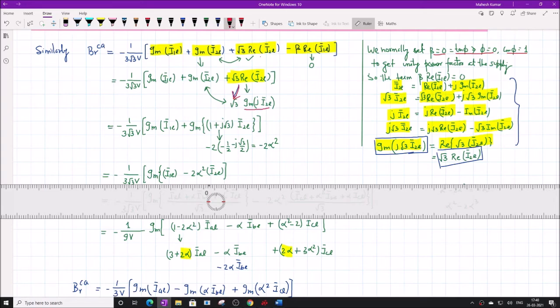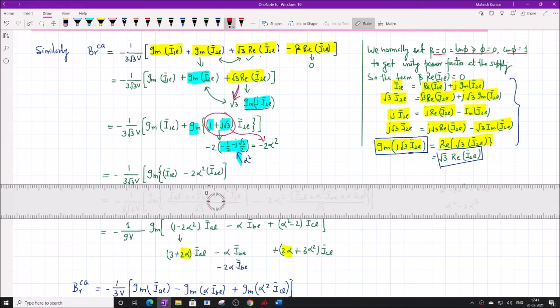Now then we can combine these two terms, because both are imaginary. So this becomes imaginary of 1 from this and root 3 from this. So 1 plus j root 3. We can take minus 2 common. This becomes minus half minus j root 3 by 2. What is this part? This is alpha square. So the whole thing becomes equal to minus 2 alpha square.